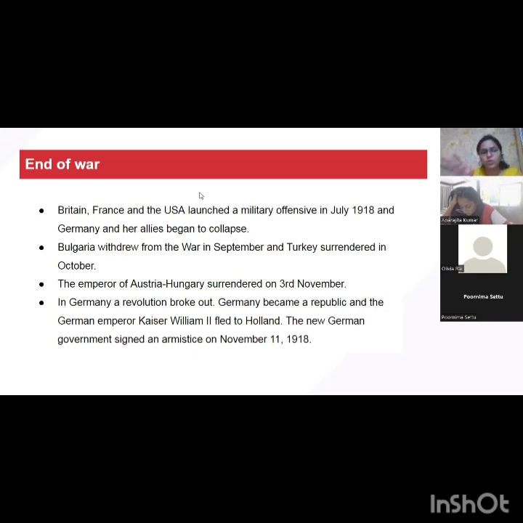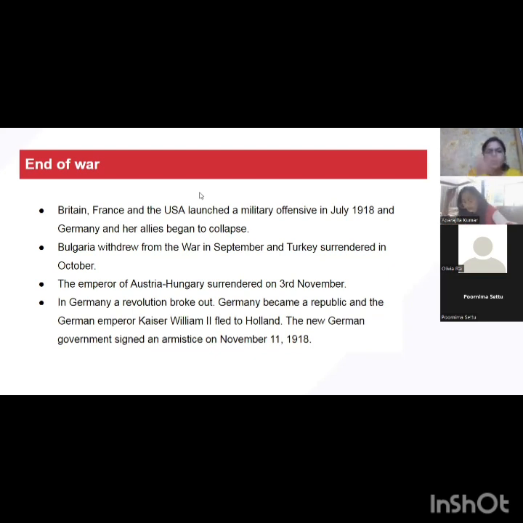Originally, Ottoman sultans were there, and if you remember, during the same time, the Khilafat movement was launched in India, in order to protect their Khalifa. The Ottoman Turks were considered to be Caliphs of the Islamic community, and Britain had captured important territories of Turkey, especially the areas hosting Makkah and Medina, the important religious places. So the Khilafat movement was already launched in India, but now Gallipoli's commander Mustafa Kemal Pasha saw this as an opportunity. He seized the throne, completely turned Turkey into a dictator country, and the rule of the Ottoman Turks came to an end. And finally, Turkey also surrendered in October 1918.